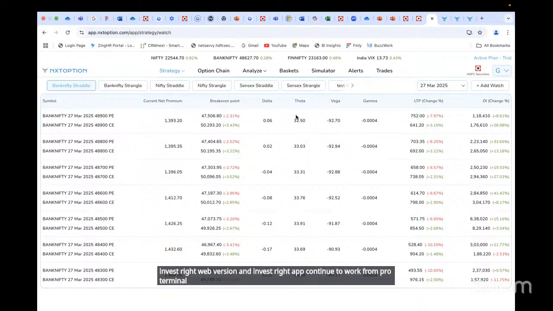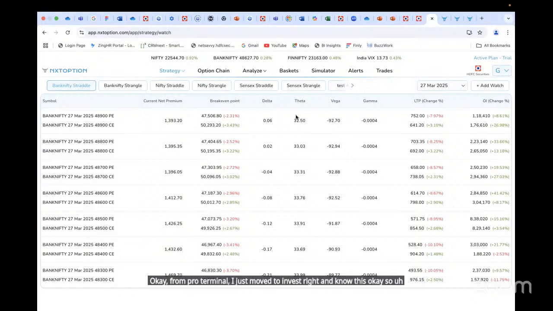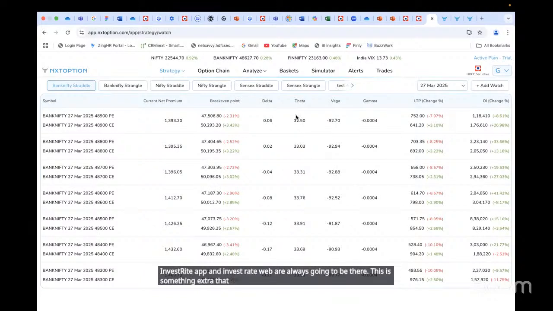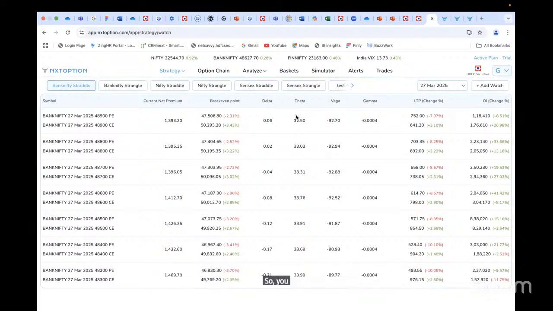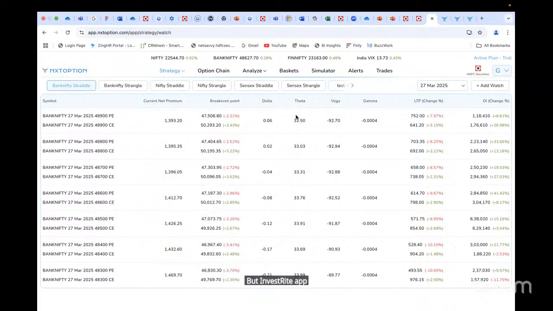Okay, from Pro Terminal, I just moved to InvestRight and now this. InvestRight app and InvestRight web are always going to be there. This is something extra that we are providing. So, if you find that all these features make sense to you, you can use this platform. Otherwise, you can stay with the InvestRight app and InvestRight web version. That's up to you. But InvestRight app and web are our own in-house platform, so they always remain there and